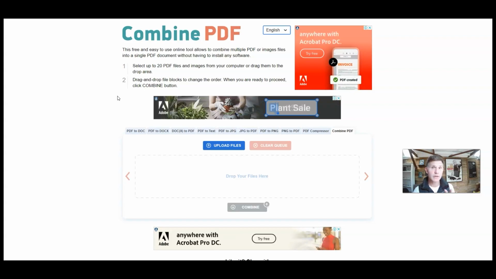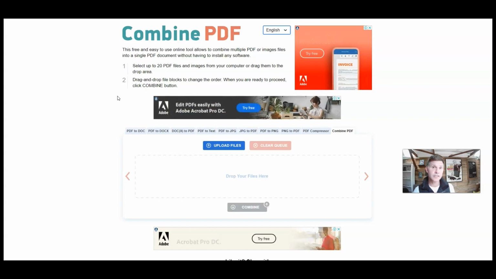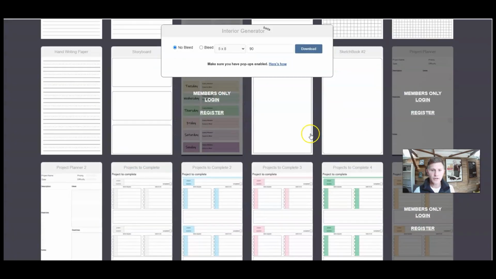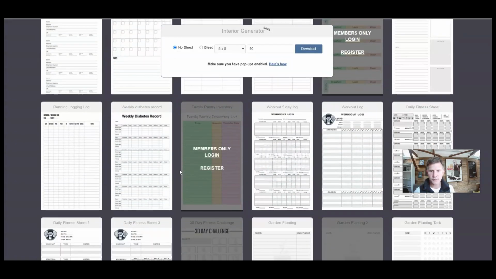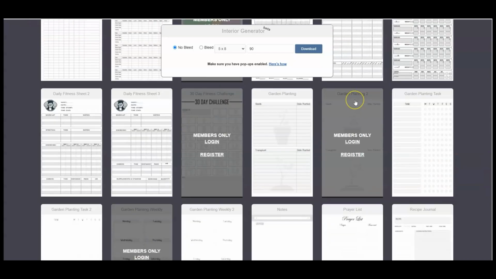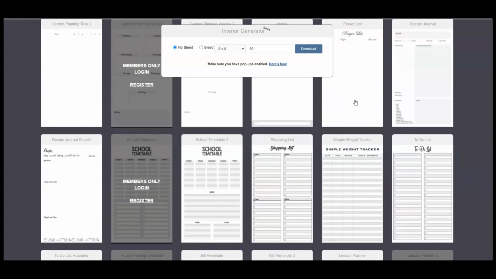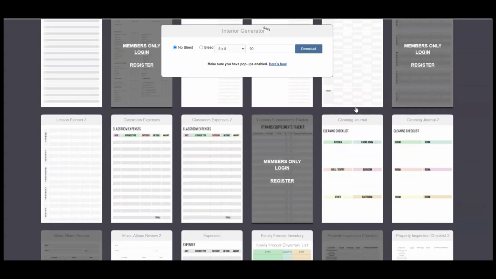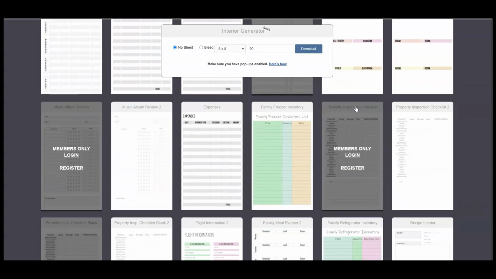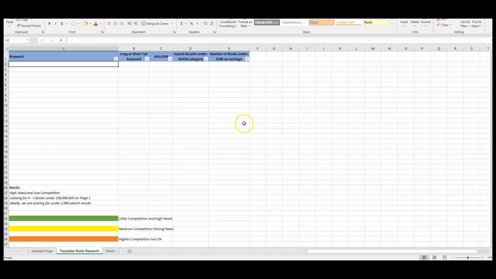But the free manuscript is so quick to generate, and you can use those free elements from BookBolt, which we were looking at, and you can choose so many different free ones which are available all the way down here. And you can just keep scrolling down until you find something that you think would be good to create. Then you jump onto Amazon and you start to go through the different keywords, and remember to check out my niche review strategy or niche selection strategy, and then you can use the free template to put in the keyword,